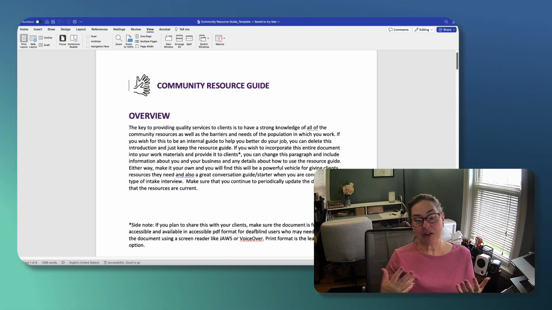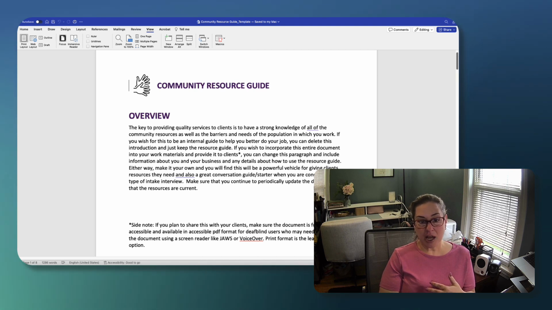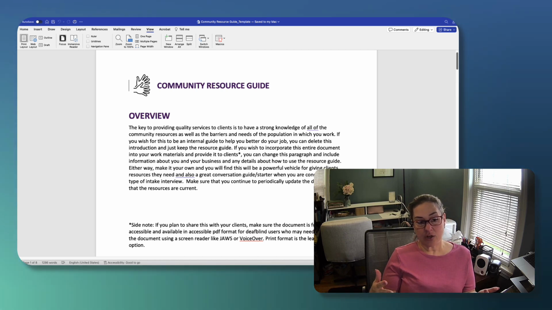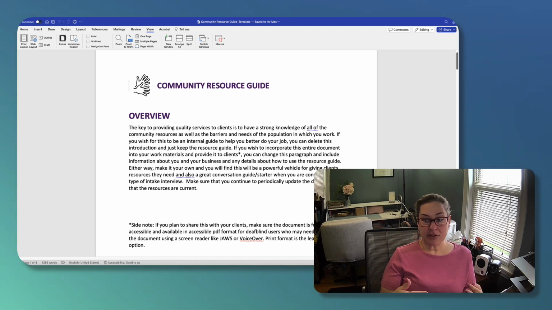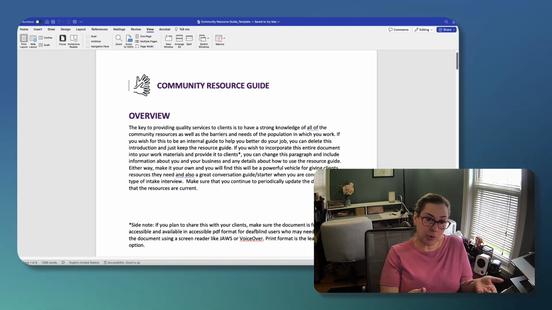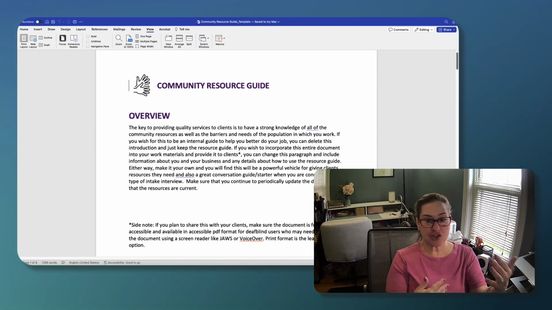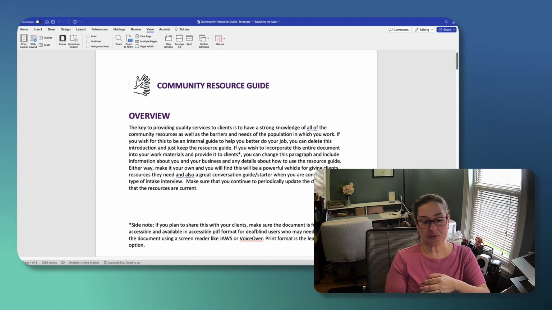I find that having a tool like that is really helpful even when I'm meeting with clients for the first time. It's a great conversation starter. It's a good guide to pace the conversation, to show a client different information, and it helps you remember all the different resources, because having them all at the top of your head is going to be very difficult. But if you have the resource guide and you're going through it with a client, it can prompt you through the different questions of just doing an intake or getting a sense of where they are and what their needs are.